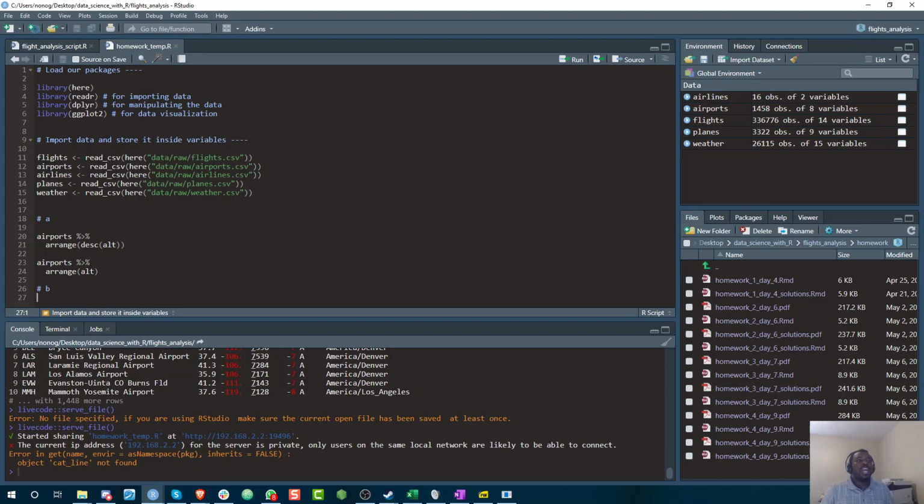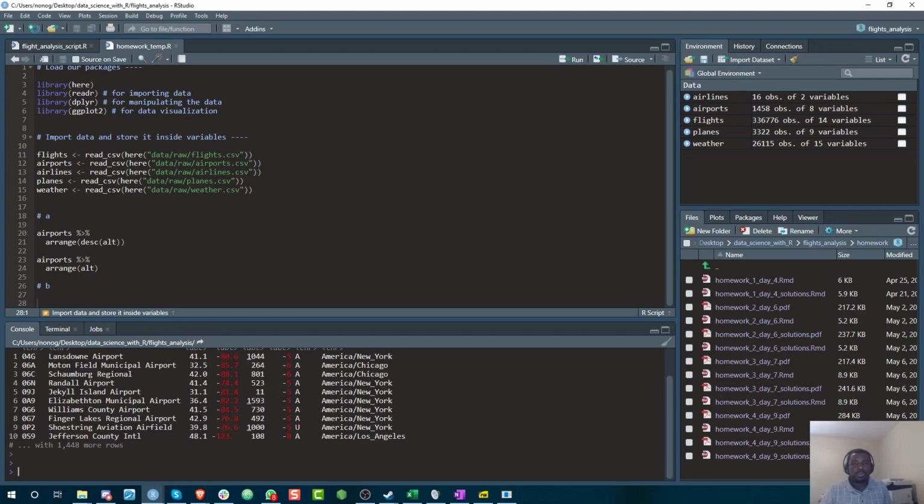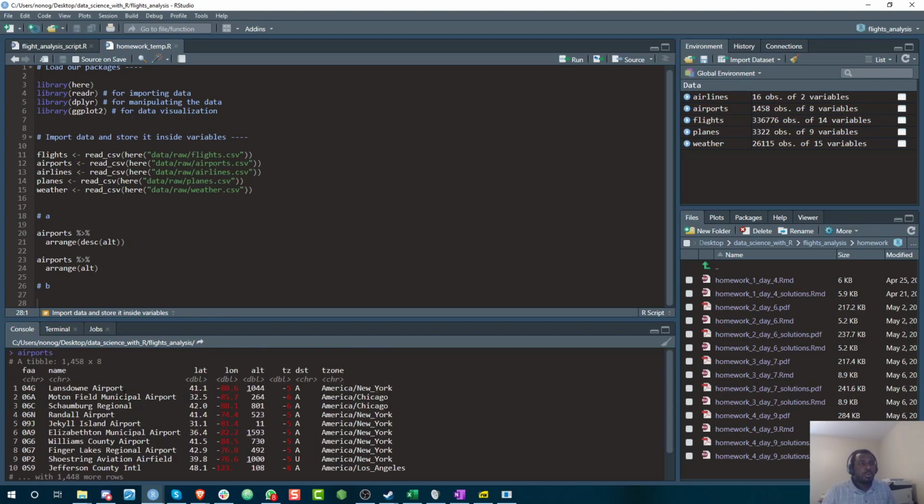Number two, compute the average airport altitude for each time zone. Well, here we're asking for an average. The data doesn't have averages, so we will definitely need to summarize in this case, right? So average airport altitude for each time zone. We have this column here for time zone, and many of the airports are in the same time zone, right? So what we want to do here is